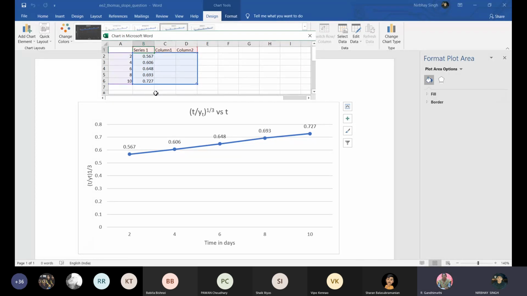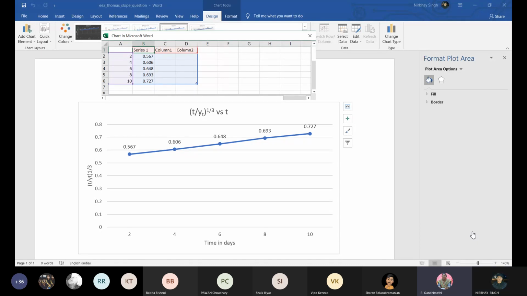While doing this, you have to draw the trend line, which I have not drawn. You should not select the line plot; you have to select the scatter plot. After selecting the scatter plot, that will give only the representation of the points. Then you have to right click and add trend line.